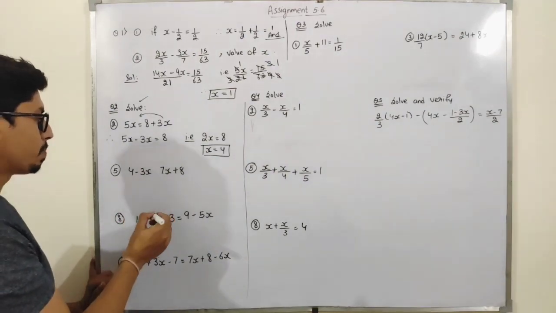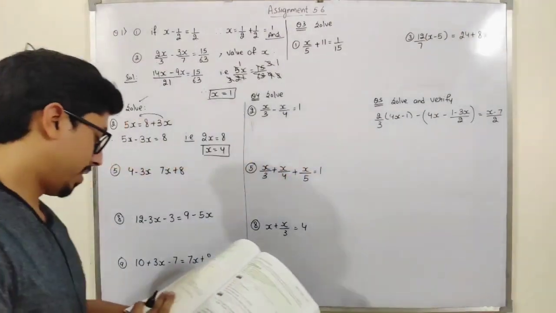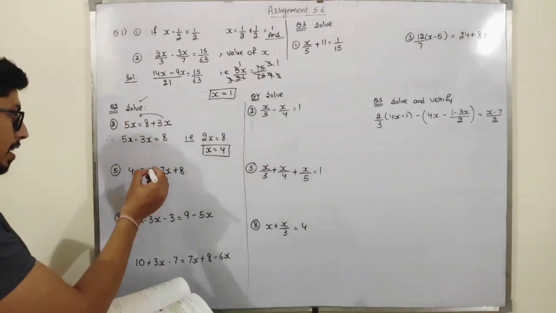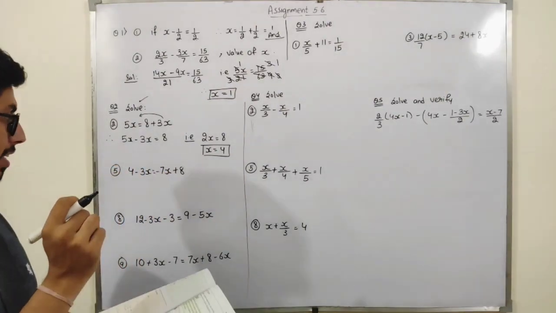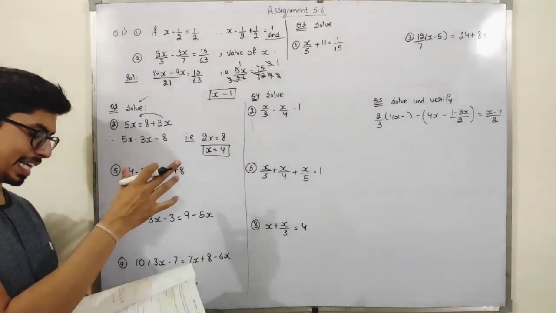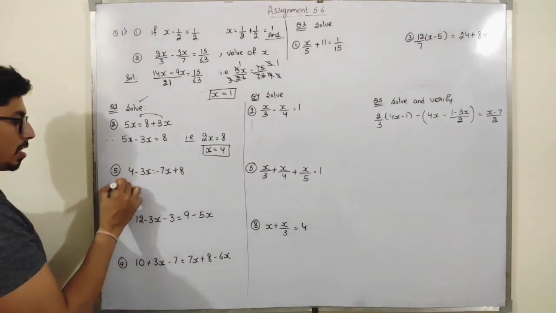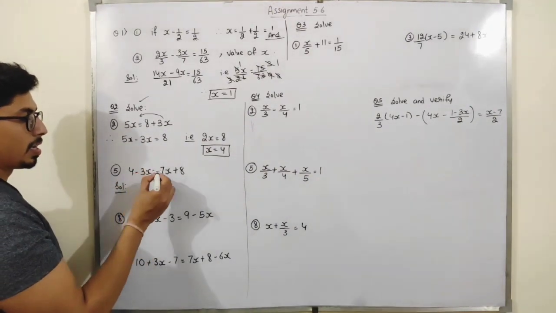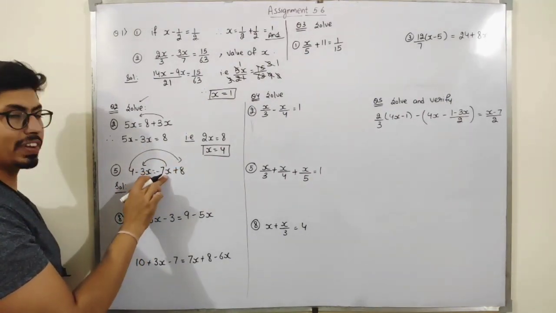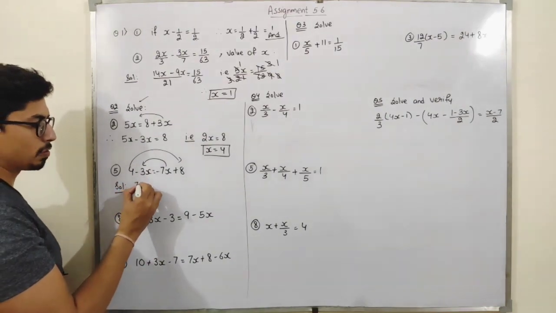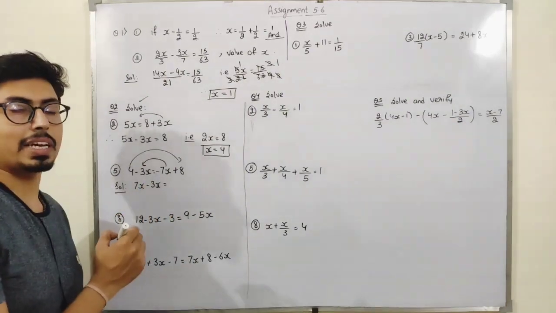Okay. Now in this part, students, that is the fifth part. In the fifth part, students, minus 7x is there in the question. If you look in the book, here we have equal with a negative sign. So I have to solve this equation. So students, see, what can we do? I just shift this number here and 4 here. So 7 is negative, when it goes to the left hand side it will be positive. So I can write 7x minus 3x as it is.